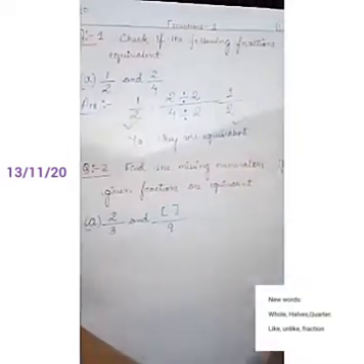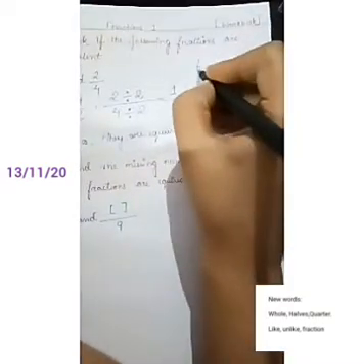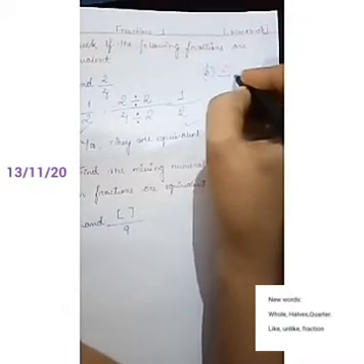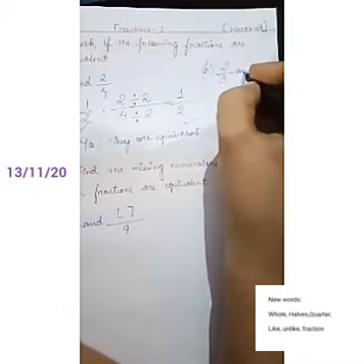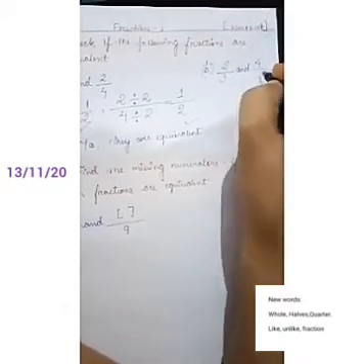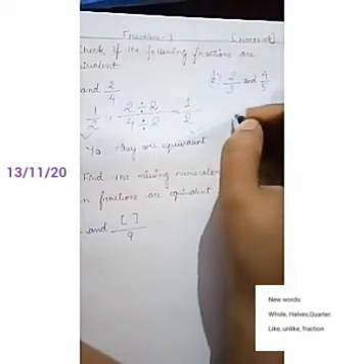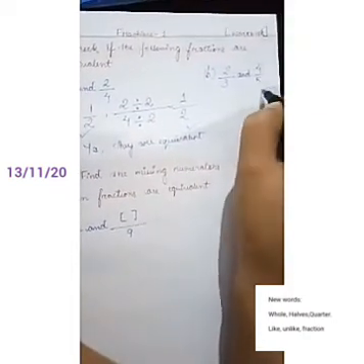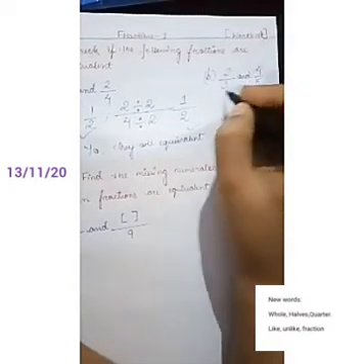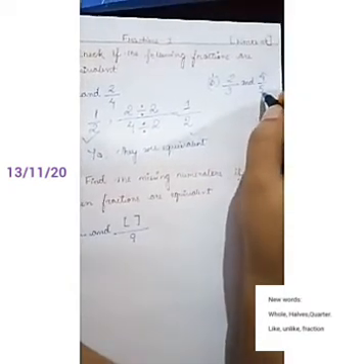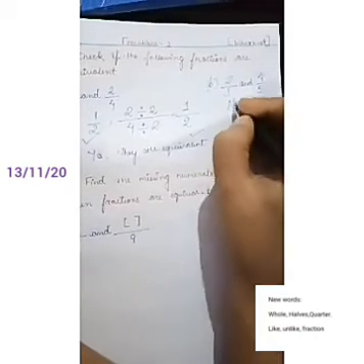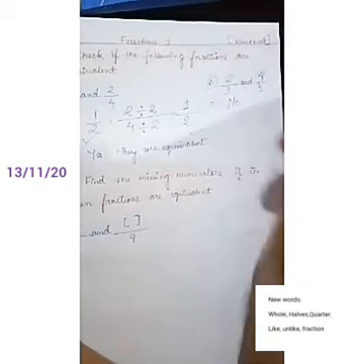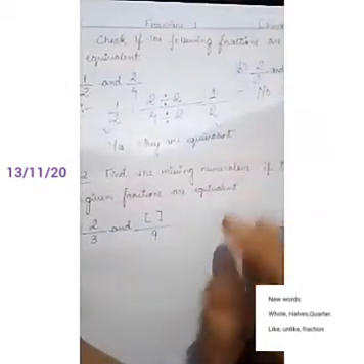Okay children, now suppose there is another question given here, question number B, 2 by 3 and 4 by 5. Now you can see directly that 2 by 3 cannot be equal to 4 by 5 because they are completely different numbers and it is not divisible also. So you can write the answer as no, it is not equivalent.